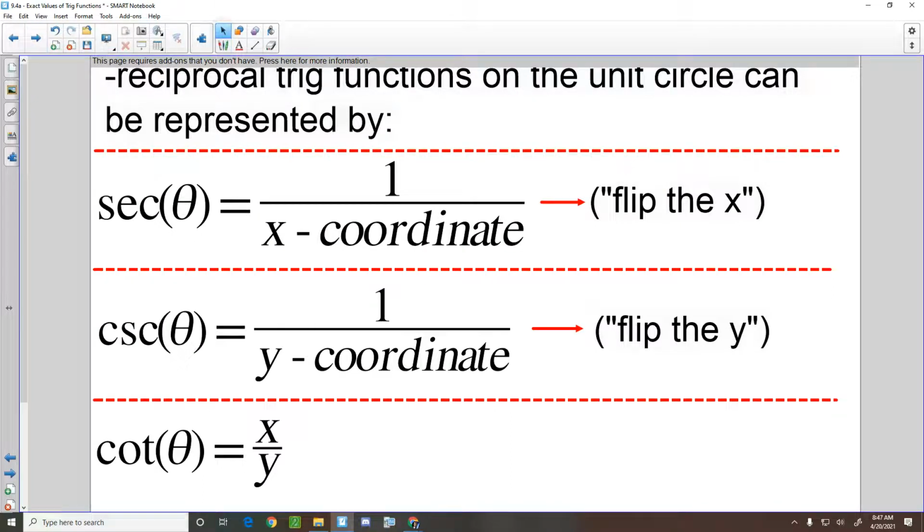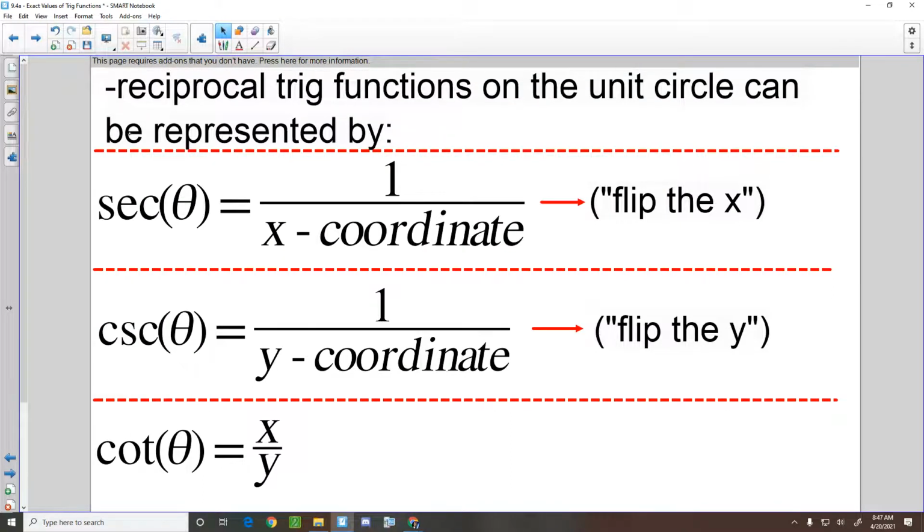Well, all these reciprocal trig functions, since they are related to your basic trig functions, sine, cosine, and tangent, and we already know what each of those sine, cosine, and tangents represent with the coordinates on the unit circle, essentially all we're doing is flipping each of those fractions, right? Since these are, by definition, just the reciprocal trig functions. So the way I think of these,